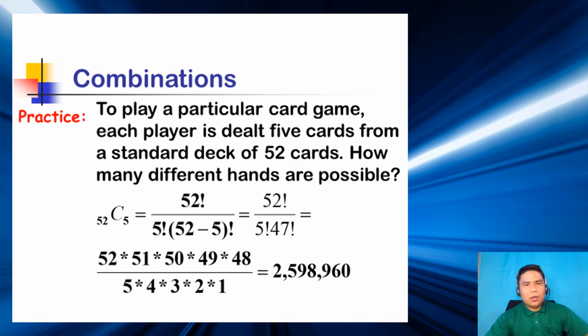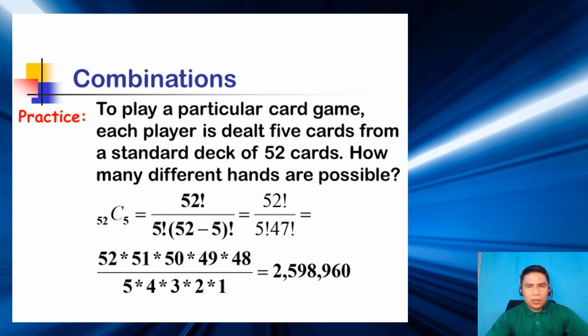So 5 cards, okay? Because the problem is just asking us how many hands are possible. Now, to solve that, you will take 52 as your N and 5 as your R. So you have the combination of 52 taking 5, or choosing 5 at a time. You have 52 factorial over 5 factorial times (52 minus 5) factorial, which is now 52 factorial over 5 factorial